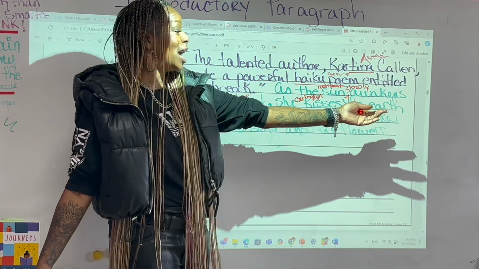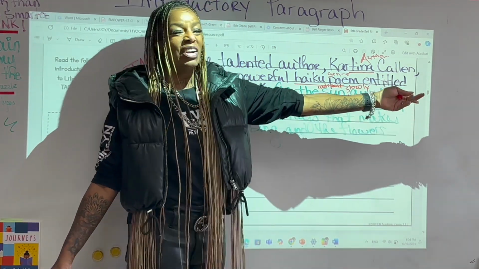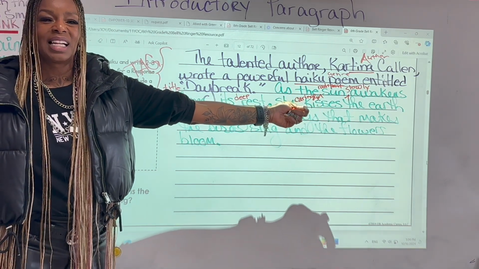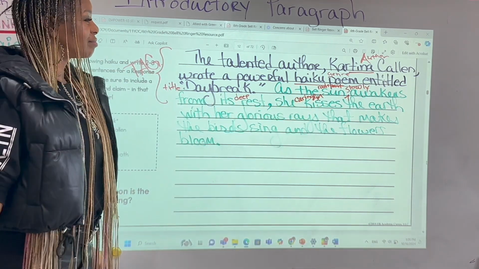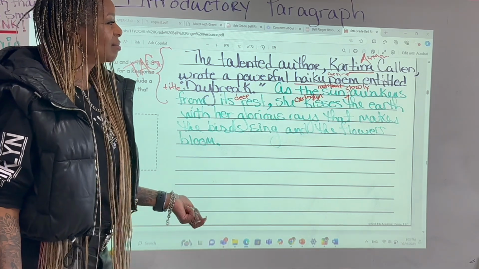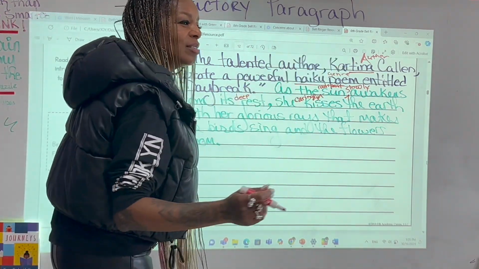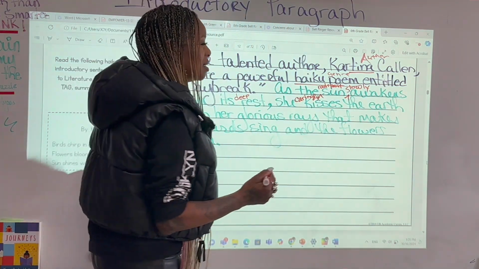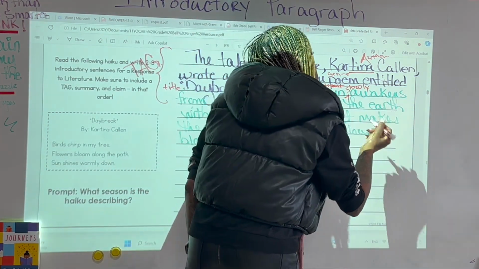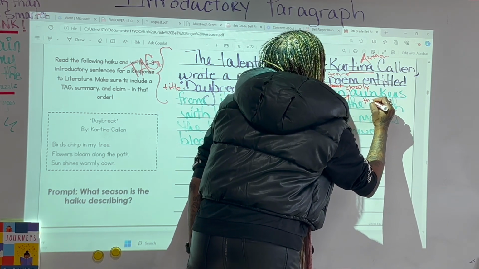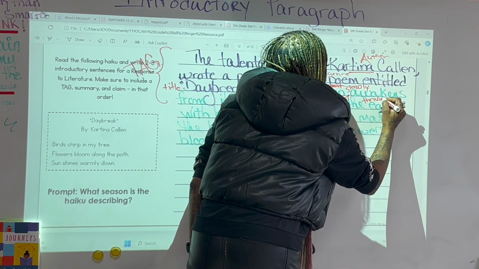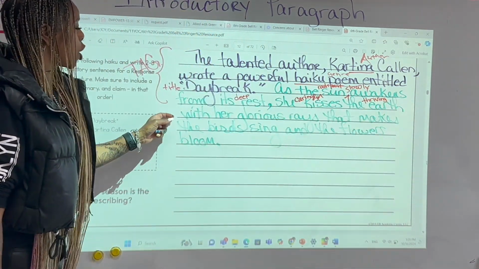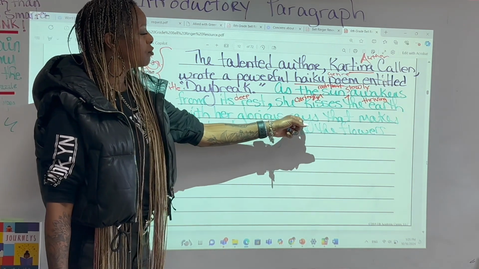Here we have a verb. I have a noun. What kind of earth? Stop. What kind of earth? Green. Vibrant. Luscious. Thriving. Am I right? She kisses the thriving earth with her glorious rays.